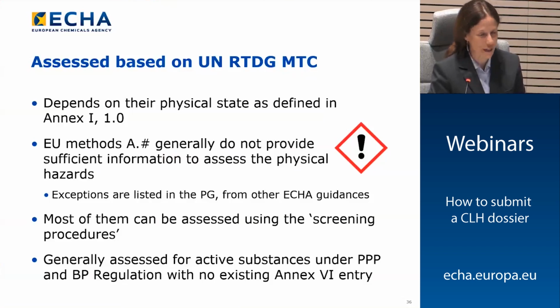The EU method A10, the screening method, is equivalent to the N1 from the EU antigen methods. So if you have a negative result there, meaning that your substance is not highly flammable, you can use that for the classification. However, if you have any other result that's not highly flammable, then you have to go to the N1 method,